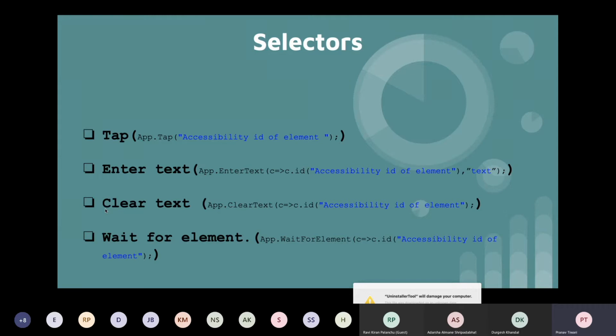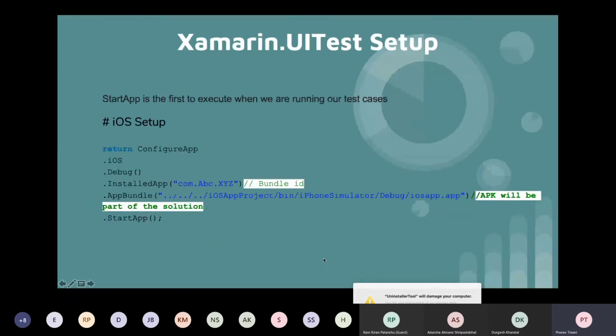Firstly, we'll try putting in a wrong text and see the validation coming. After that, we have to clear that particular entry field, put in some text again, and see whether, if we are providing a valid text, that error message is still coming or not. For that, we'll be using clear text. We'll just pass the element ID and it will clear off whatever text we have entered in that particular entry field.